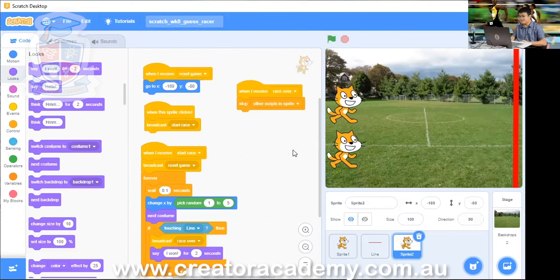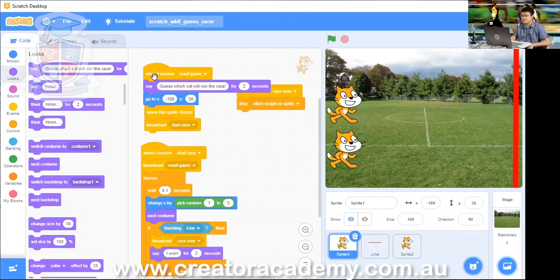Okay, so that is our game. If you want to make it, we prompt the user to guess which cat won. We can choose Sprite 1, so our first cat, and then we can say for the first cat, say guess which cat will win the race for 2 seconds.